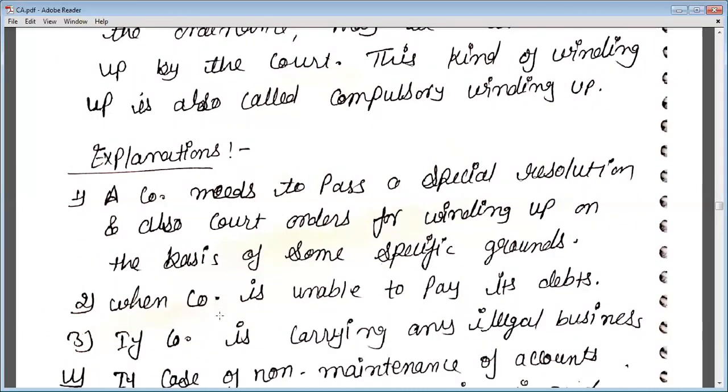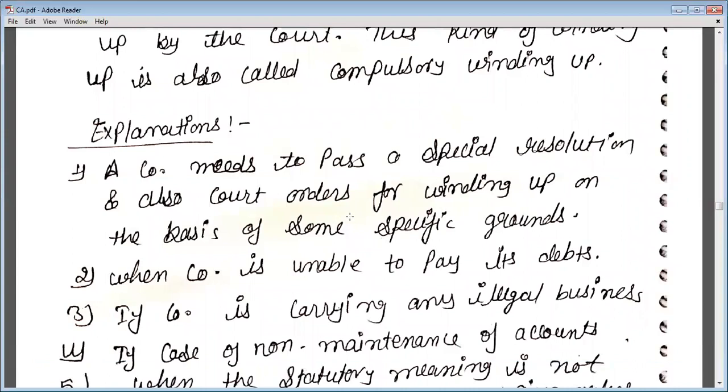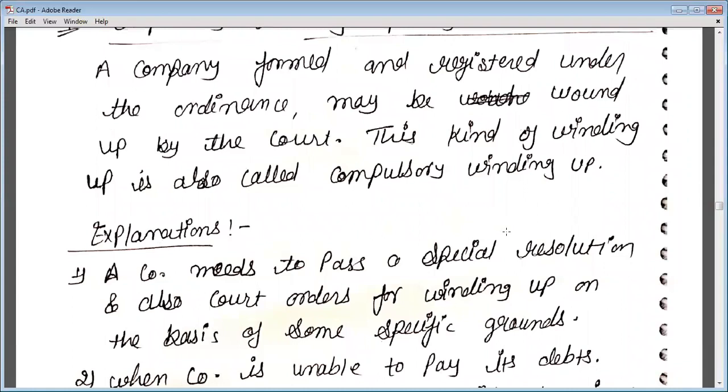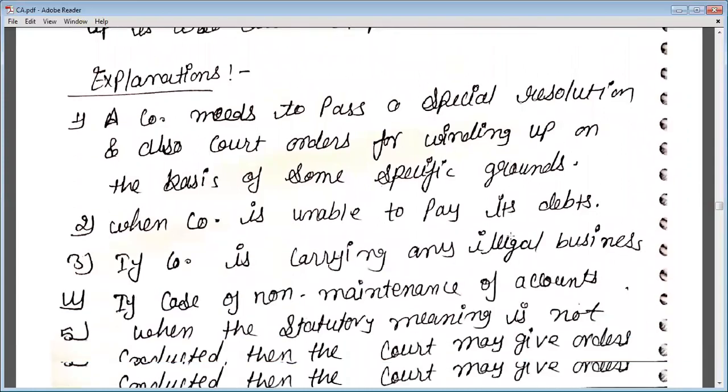See, a company needs to pass a special resolution and also a court order for winding up on the basis of some specific grounds. तो अगर कोई कोर्ट या कोई भी लॉ आपकी कंपनी को वाइंड अप कब कर सकता है, जब